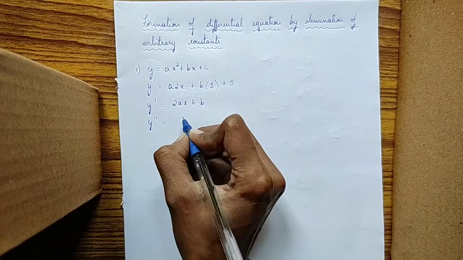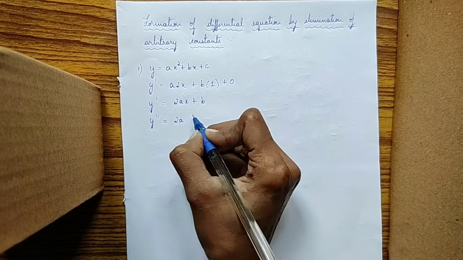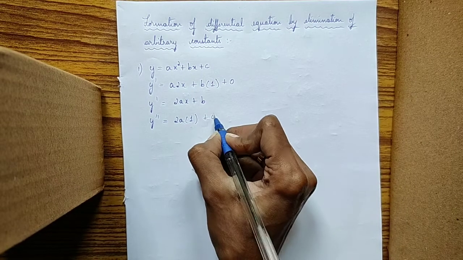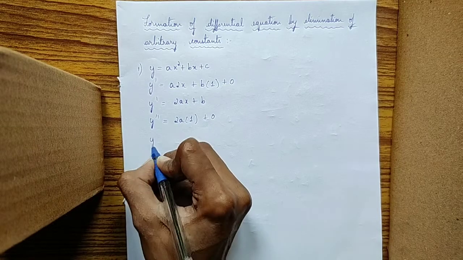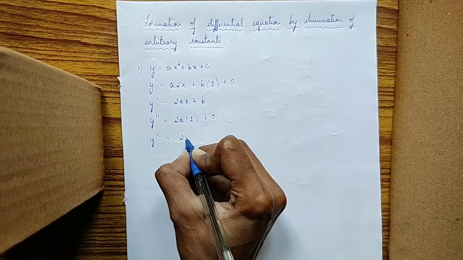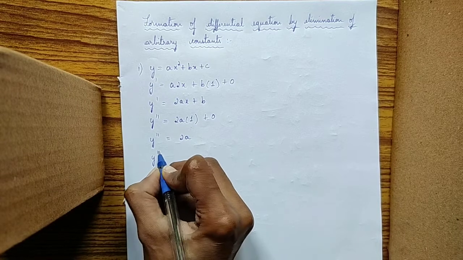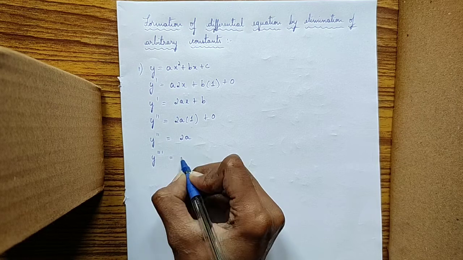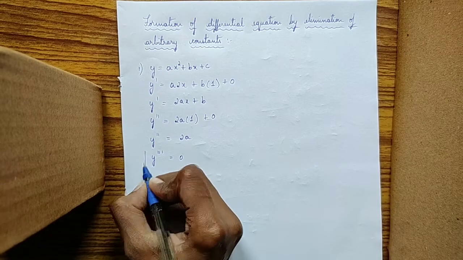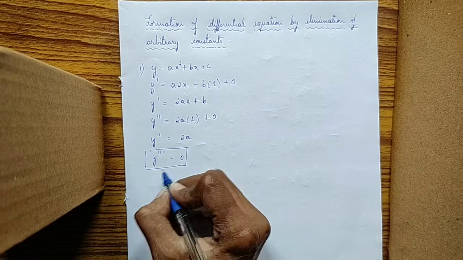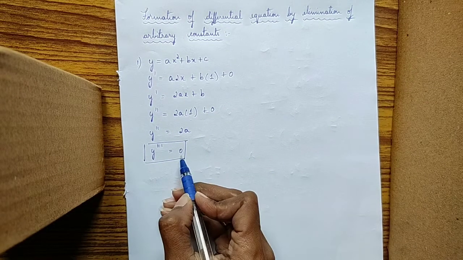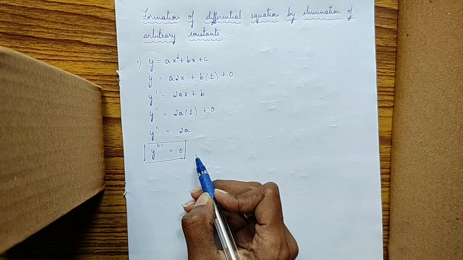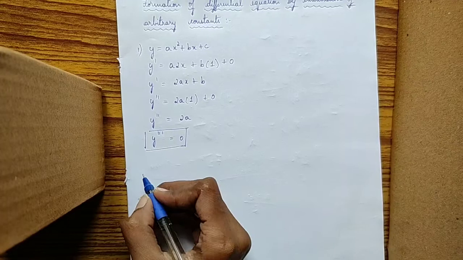Let's get into our second derivative. y'' is 2a; a is a constant, we keep it aside. What is the differentiation of x? It is 1. Differentiation of a constant is 0. So our second derivative is 2a. The next derivative: what is the differentiation of the constant? It's 0. So this is the required differential equation, which does not contain the arbitrary constants a, b and c. Moving on to the next problem.